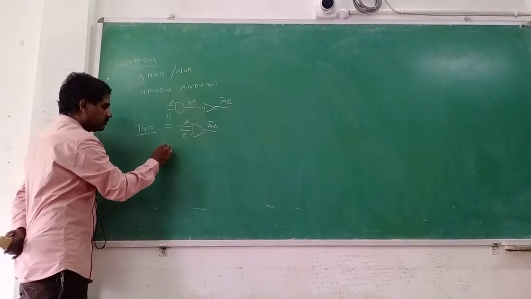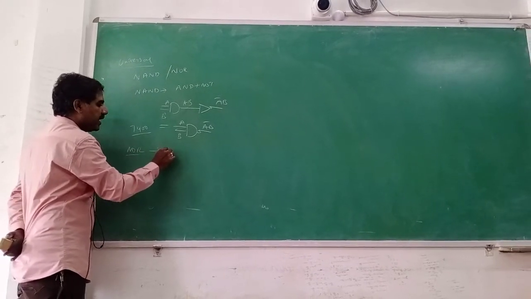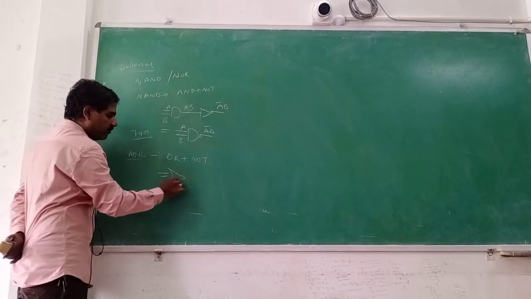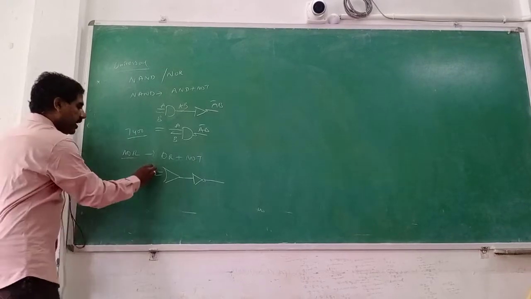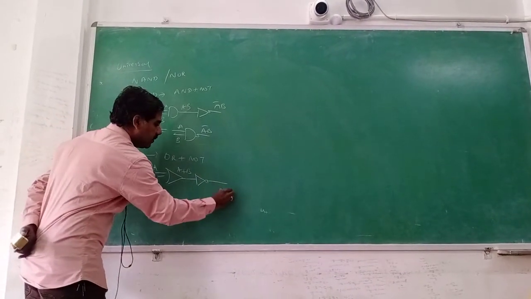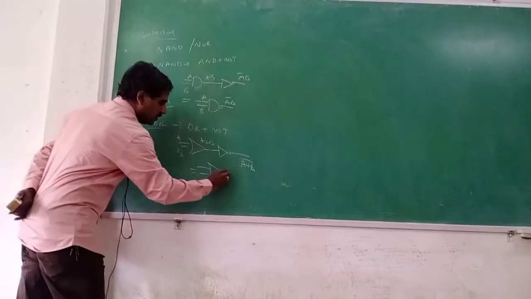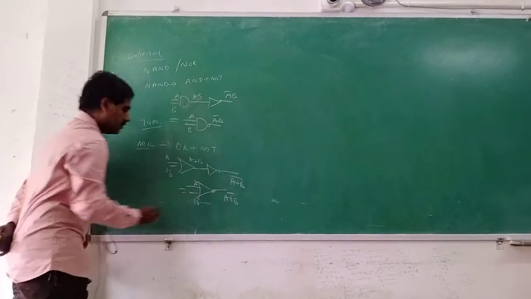Another one is NOR gate. NOR gate again has a combination of basic gates, OR gate plus NOT gate. You simply draw for OR gate. Again it can be complemented by using NOT gate. A B, A plus B, it can be complemented by using NOT gate, A plus B bar. Okay, it can be drawn as A B, A plus B bar. Its IC number is 7402.